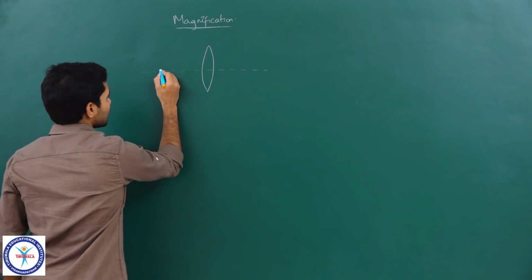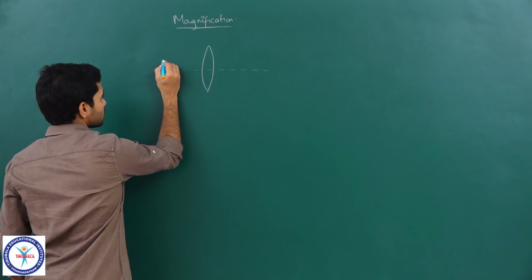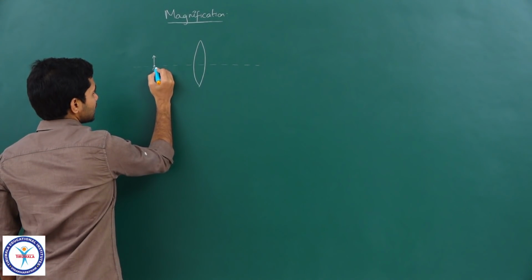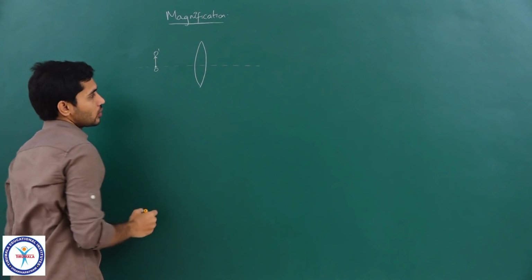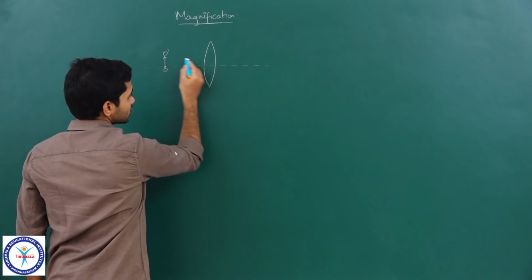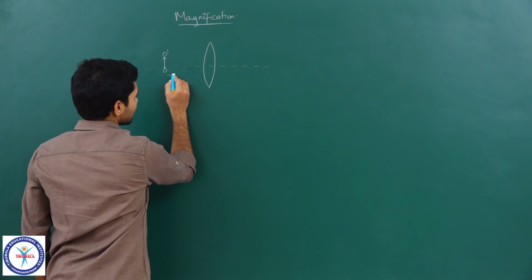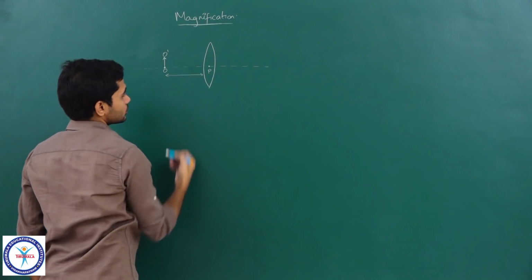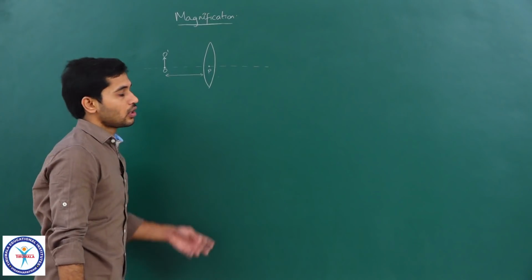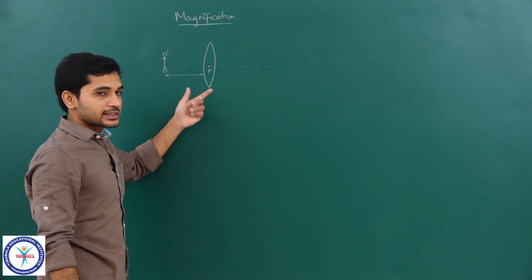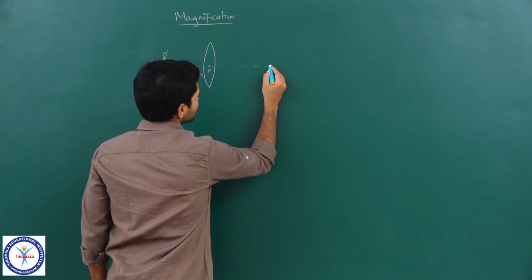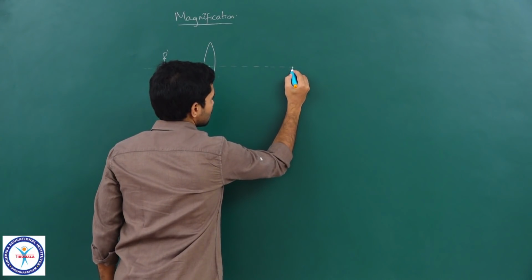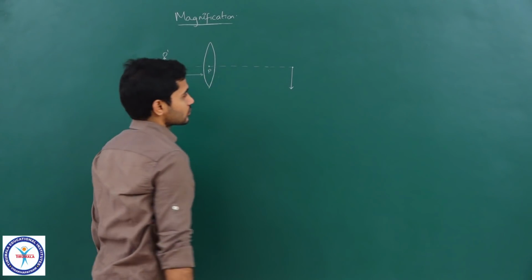So, for example, let us say there is an object which is placed here, and let us call this object OO dash. Okay. So, if the image of this is formed on the other side, let us say this is point P, pole. So, OP is the object distance and let us say the image is formed on the other side somewhere over here in this manner, clear.